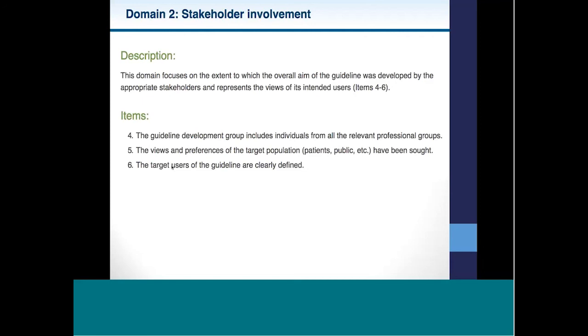Also, there should be endocrinologists, etc. So we expect the relevant professional groups. The 5th item is that the views and preferences of the target populations, patients and public, have been sought. So that means that the guideline has to be very explicit in how the developers consider the patients' and public